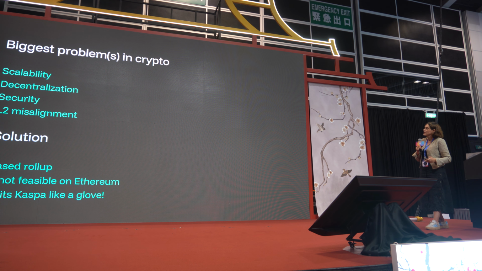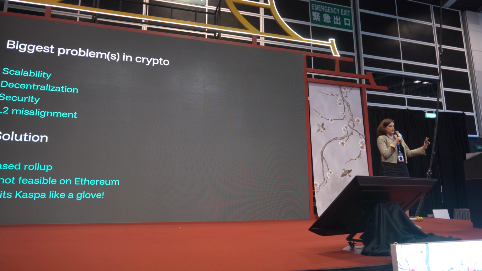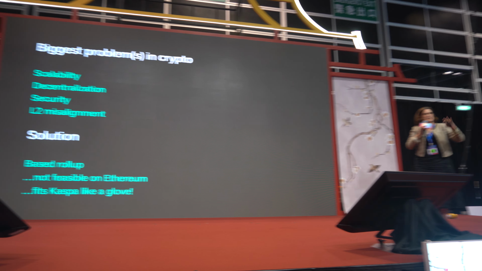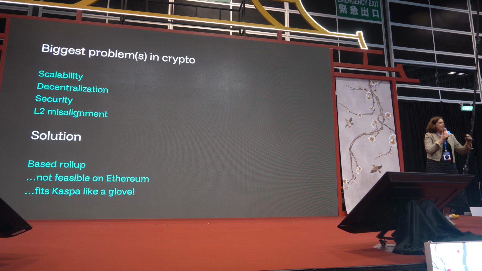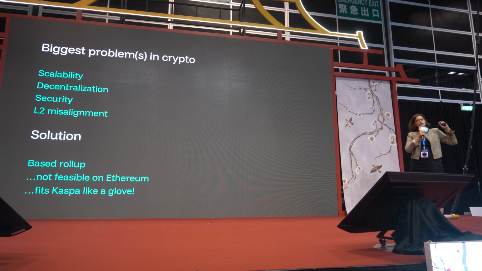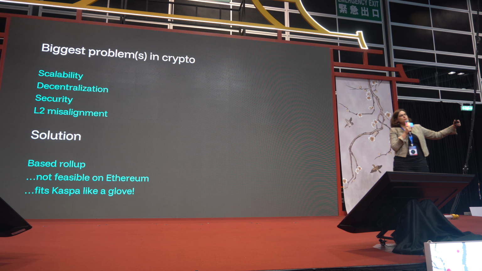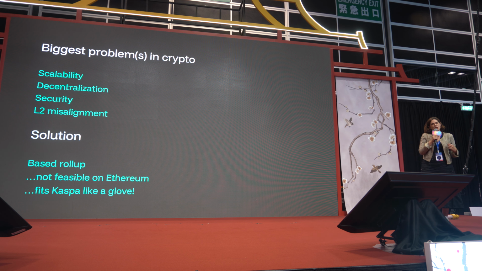Now, what are the biggest problems in crypto? Let's just zoom out and think big. We have seen Ethereum and Solana try to deal with the biggest problems that they have, and that is the trilemma, right? How do you scale in a decentralized fashion that is still secure? And as Ethereum has evolved, we have seen more and more L2s, but those L2s don't necessarily use the L1 properties ingrained within Ethereum, or the base layer as we call it, right?